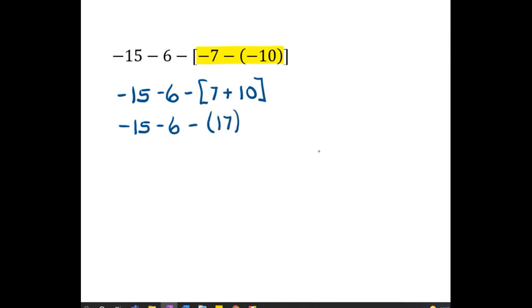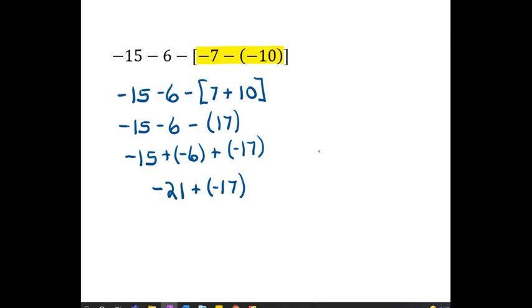So I have negative 15 minus 6 minus 17. Now eventually we're not going to need to rewrite these. We'll be able to just do this without rewriting, but I want you to feel comfortable at first with doing that. We have 3 negatives. We're going to add them and keep the sign the same. I'm going to go from left to right. Negative 15 plus a negative 6. Well, 15 and 6 is 21. I add and keep the sign the same. And now I'm adding negative 21 plus negative 17. I add 21 and 17 to get,